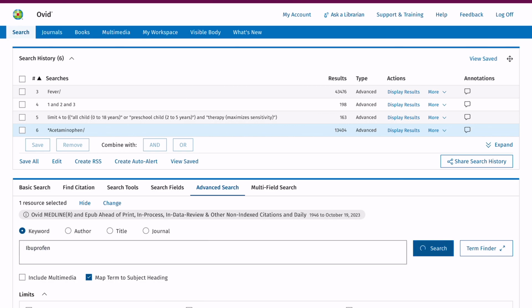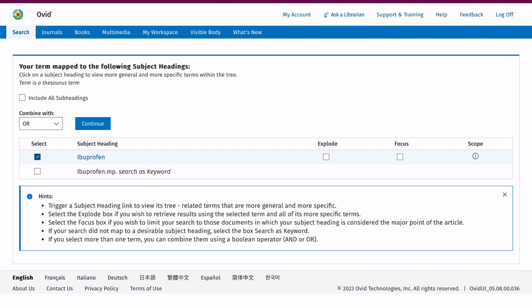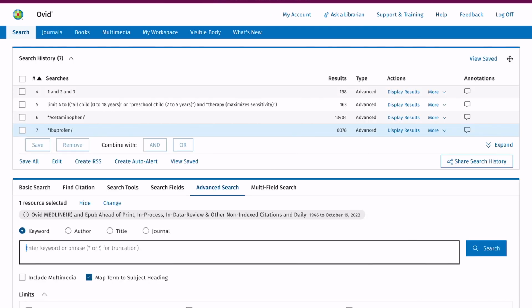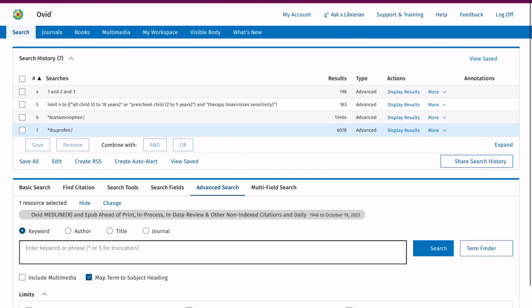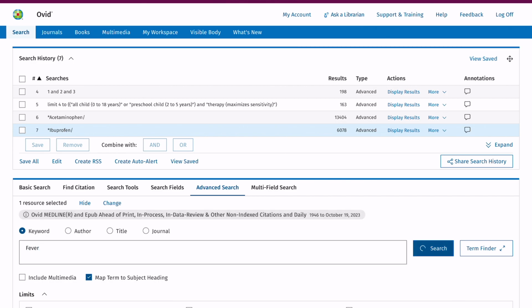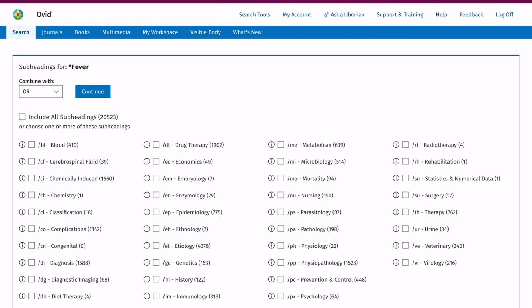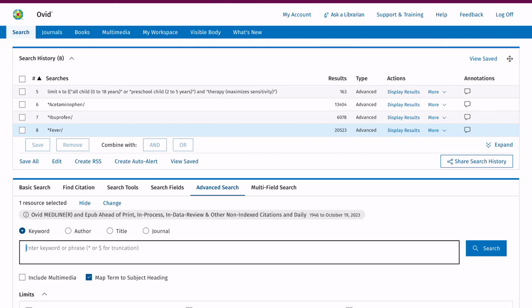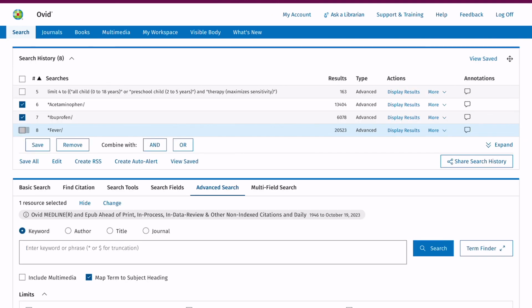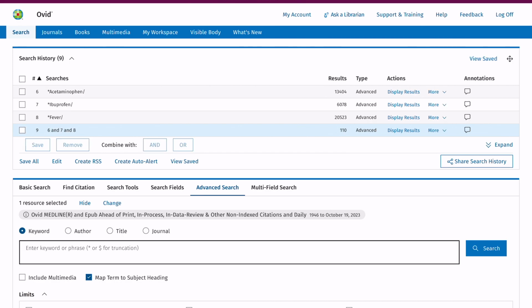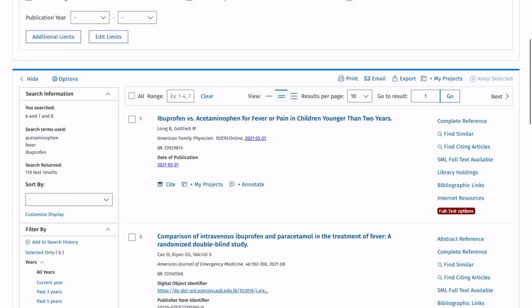And we go ahead and we do the same thing for ibuprofen. We want to focus this mesh, so we search it. And we focus it again. Include all the subheadings. And now we do the same thing for fever. So it's the same process. We search, we focus, include all subheadings. And now we combine our 3 new focused meshes, and then we want to add our filters,